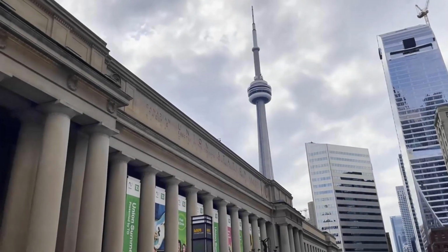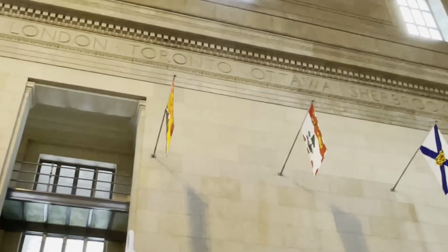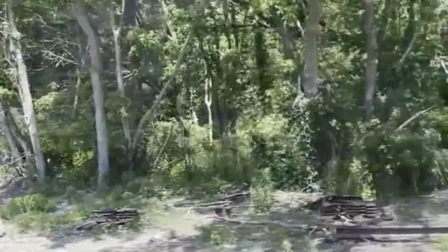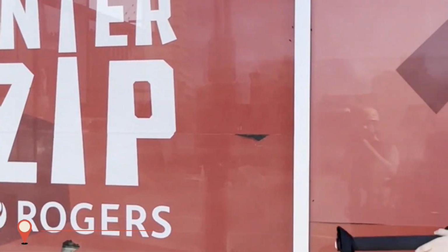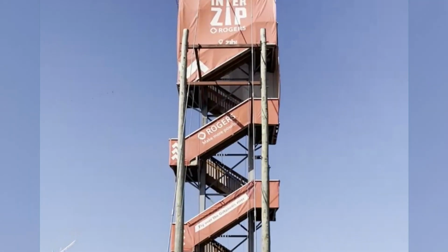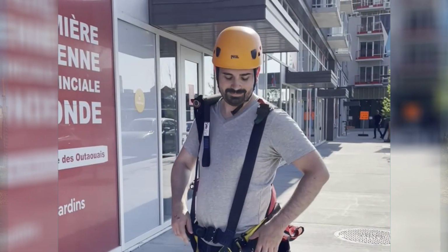Our adventure started at Toronto Union Station with us taking the Via to Ottawa. We've just arrived in Ottawa and we're getting our adrenaline going by diving right in with the world's first interprovincial zipline, Interzip. Crossing over the Ottawa River at 40 kilometers an hour into Quebec gave us a fantastic panoramic view